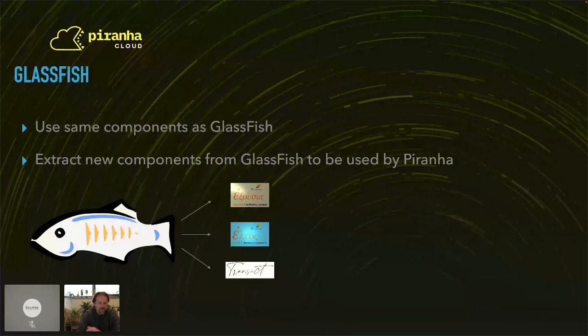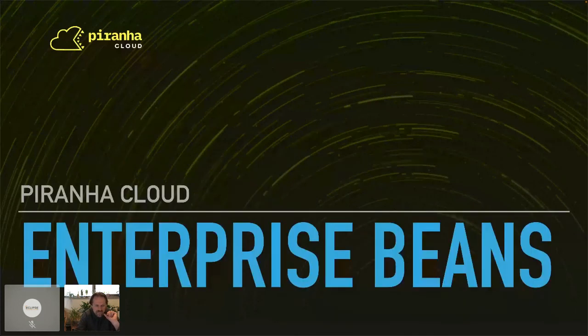Okay, so one specific thing, and this is mostly for compatibility with GlassFish, is the concept of enterprise beans. Enterprise beans have a kind of difficult history. The original version was not that good, so people started to hate it, and there was a newer version coming, already a long time ago, in 2005. Jakarta Enterprise Beans 3, at the time called EJB 3, which was way better.